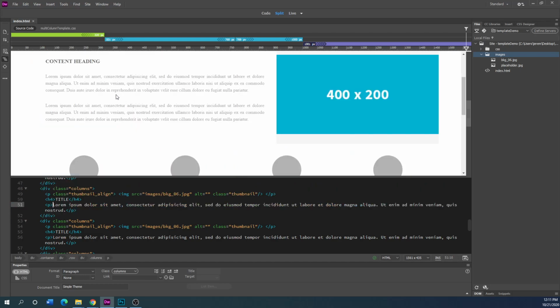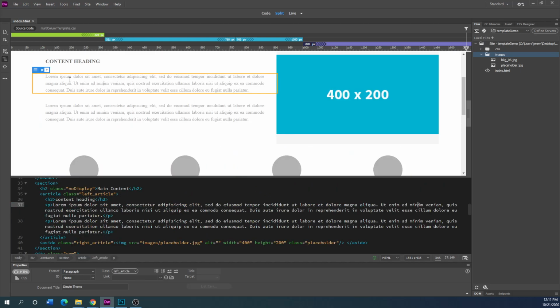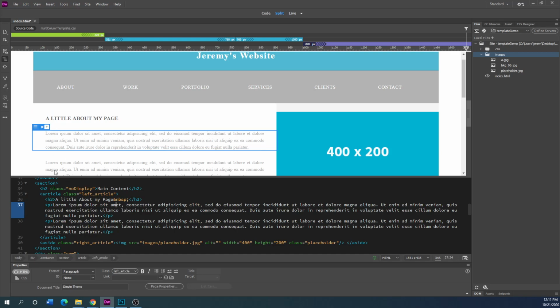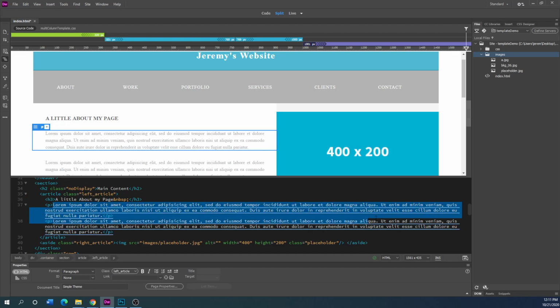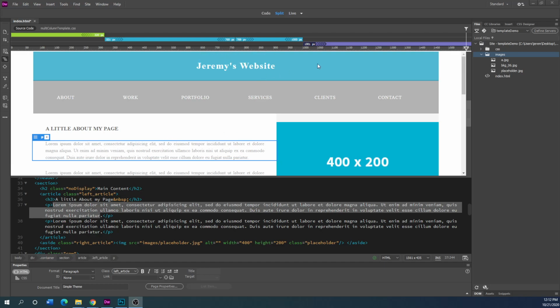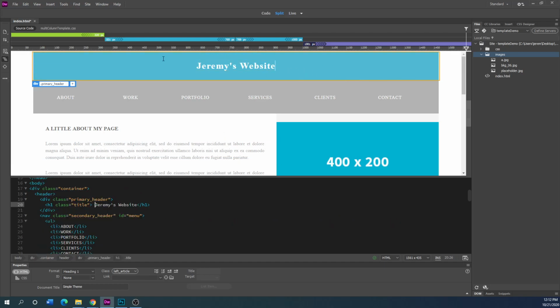Say I want to manipulate the text of this, about this right here. This will be my about page. A little about my page. You can manipulate anything you want to in that page. I'm going to change the color of this background, which I thought I did already. Maybe when I saved it,